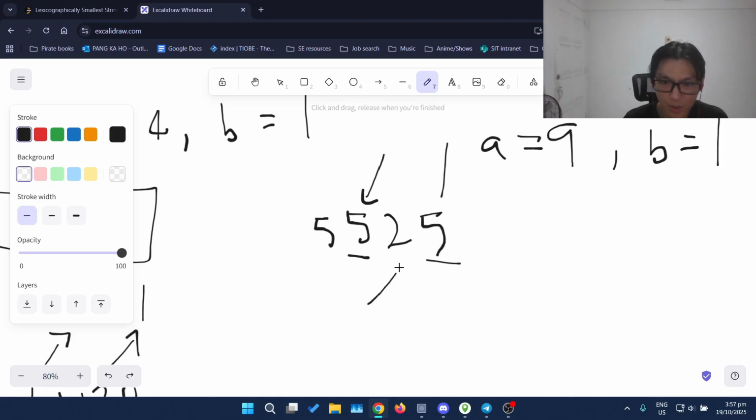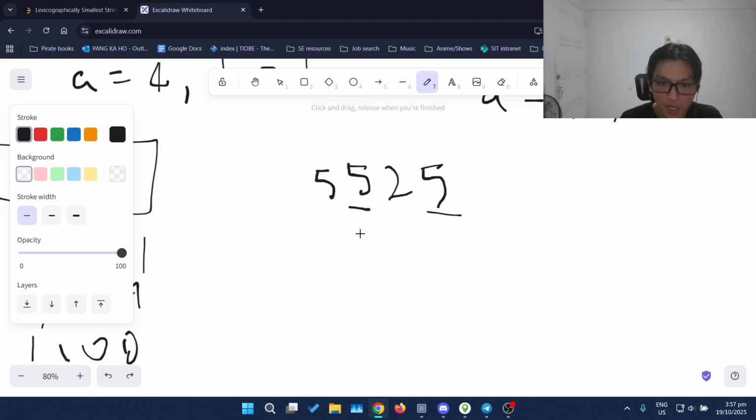Then in that case, we also want to move the smallest number, smallest index to the front. Actually, no. So we know that in this case, we actually can shrink it down all the way to 5,